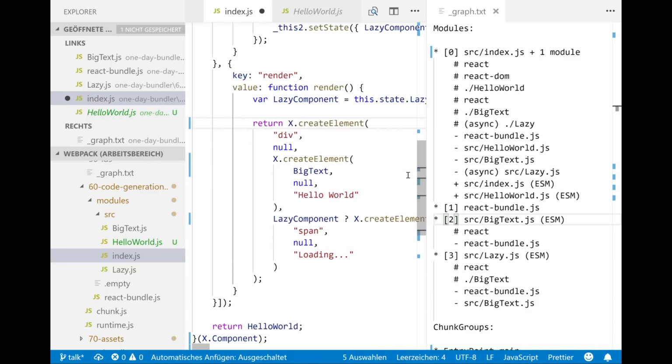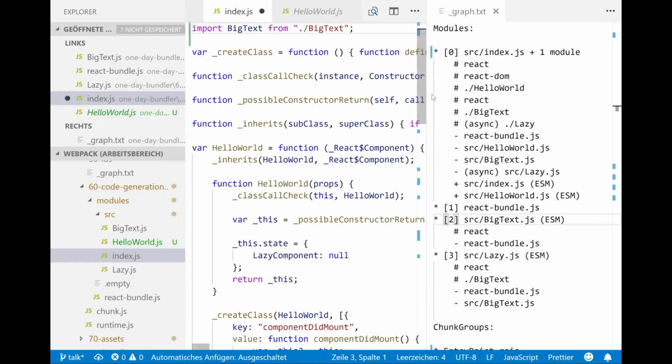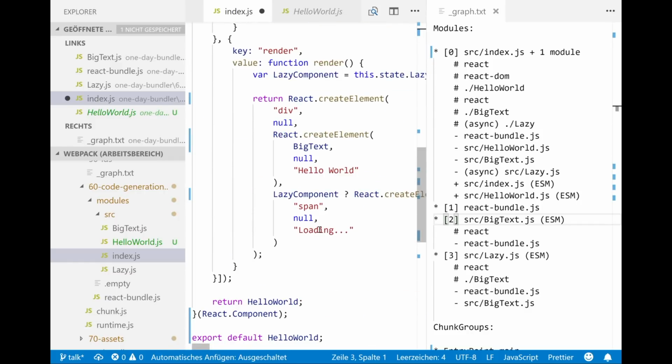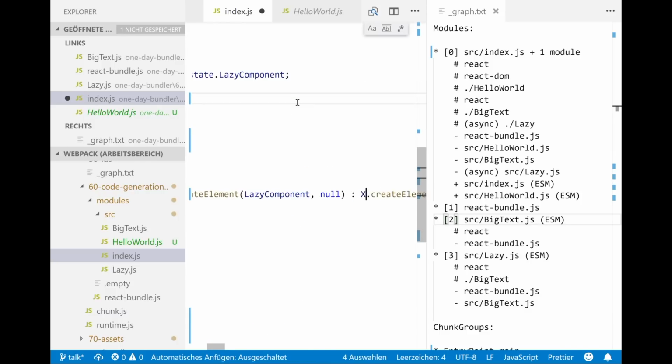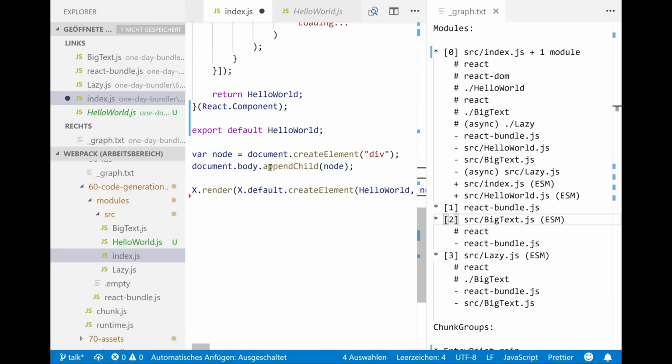Something that I did wrong. So again, React was right. React dot x.default. Don't replace too much. Crashes everything. Default.